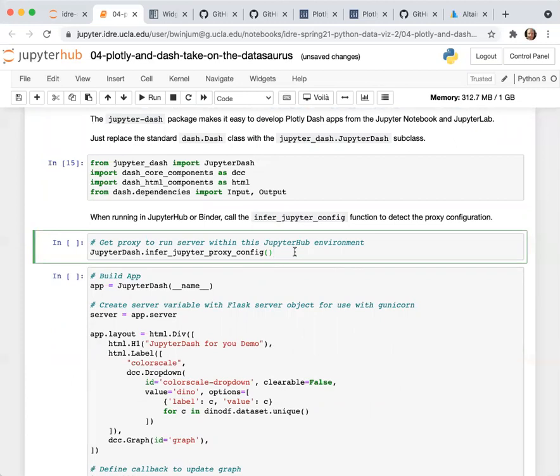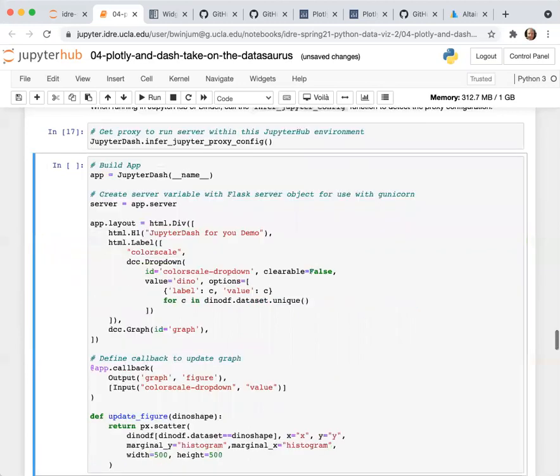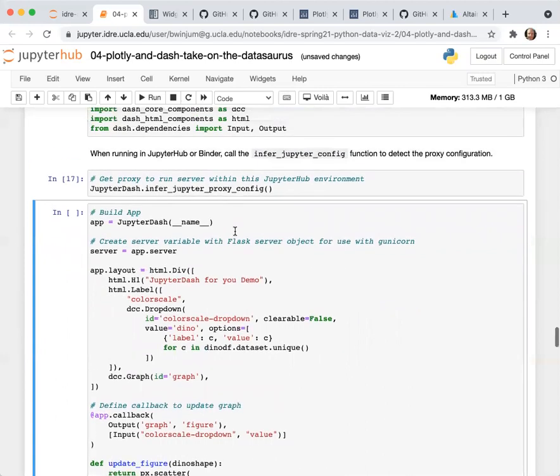So if you're running these notebooks on your own computer, you might not necessarily have to execute this one. I actually haven't tried it on my own local computer, but we need this in order to visualize this in the Jupyter Hub. And then this is how we create the dashboard application with the Jupyter Dash library.